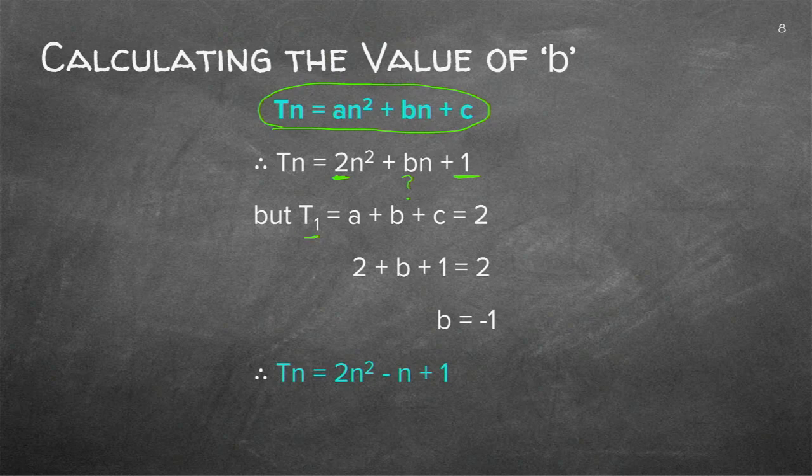So if I take any term, and remember what I said previously, it's always easier to just use term 1. Term 1 is usually the smallest number. Term 1's value was 2. So if I fill in my formula, and remember term 1 means you make all the n's 1. So all these n's that you see there, they're going to become 1. So you'll just have A plus B plus C is 2. But I have the A, it was 2. I have the C, it was 1. And there's just one variable left, B. And you can find the B. B is equal to minus 1. And there's your formula of a quadratic sequence.